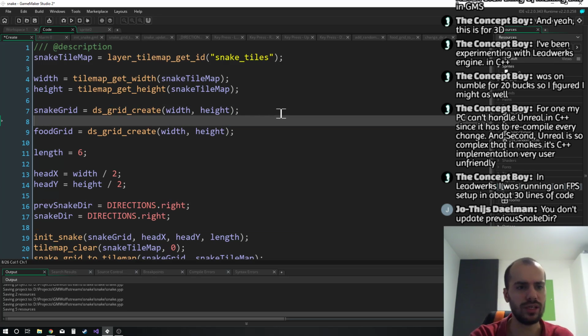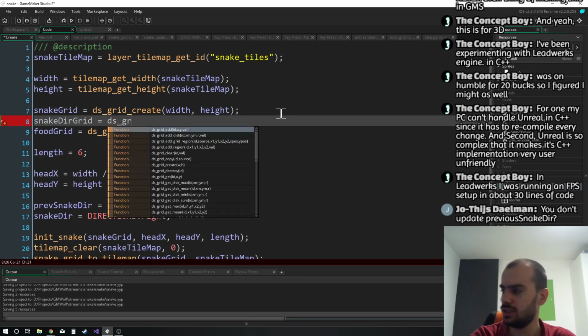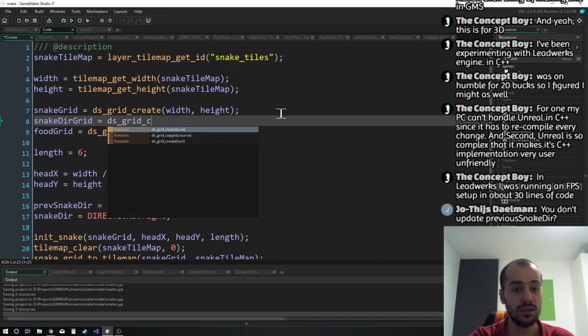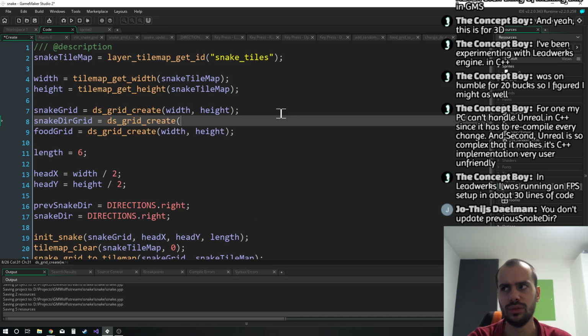So we have the snake grid. We could have the snake dir grid, DS. I mean, unless someone in the comments can think of a better way to store the direction we're going in while still being able to do our cheap